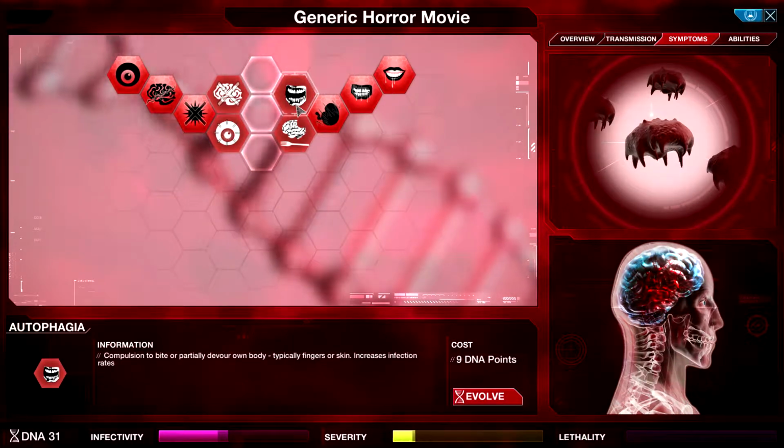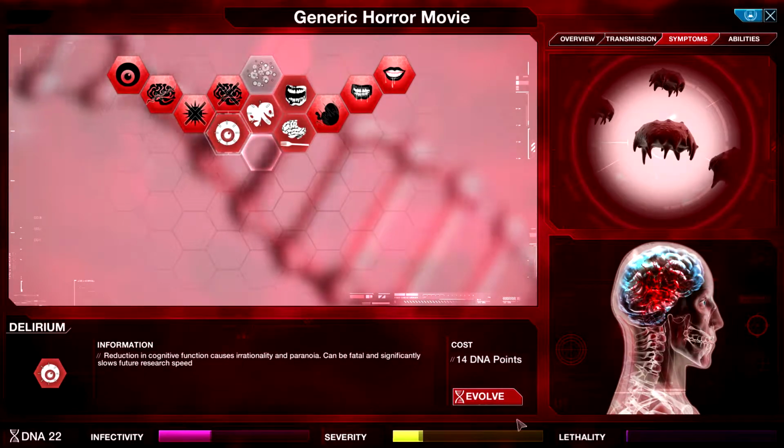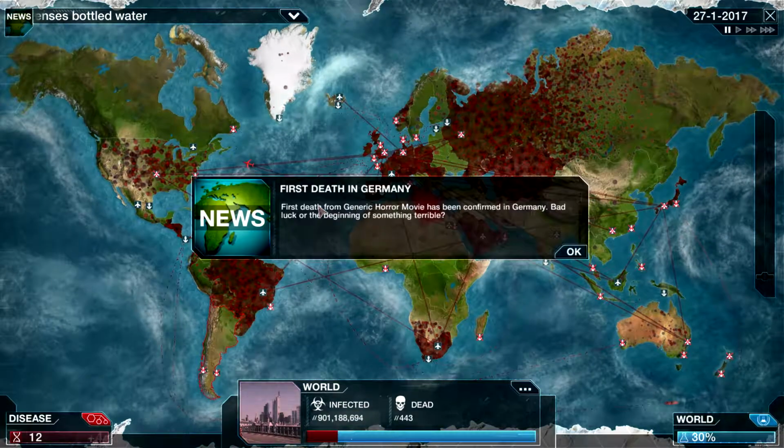Autophagia. Devour their own body. Coma. Okay, coma is very useful. That slows research down significantly. Delirium. Definitely do that. Alright, so this disease is getting very serious now, but the cure is...